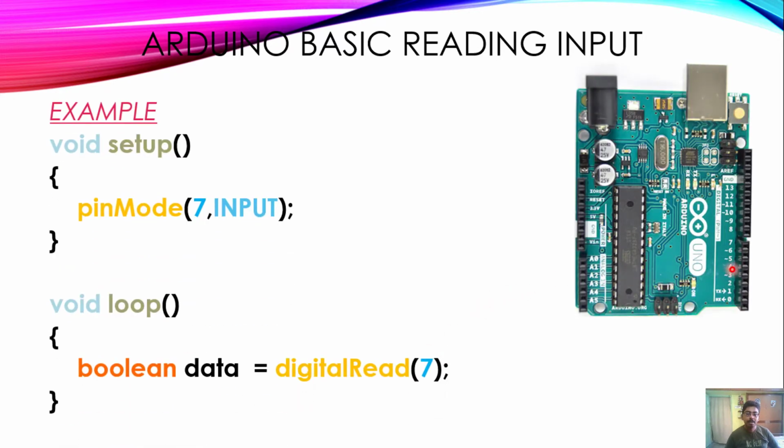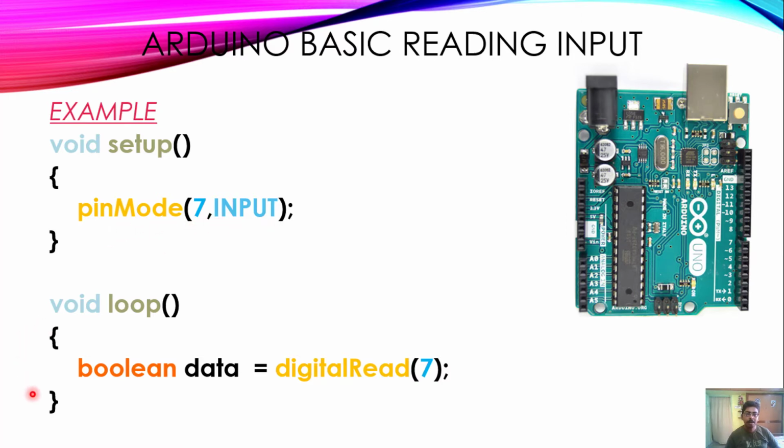Now let us move on to how to read the input from an Arduino. If we are connecting a switch to the 7th pin or 8th pin of the Arduino, you can connect switches to any digital pin over here. On coming to the code, in the void setup function, you need to define pinMode(7, INPUT), which will make the 7th pin an input where you have connected the switch. If you connected the switch to the 8th pin, you need to define pinMode(8, INPUT).